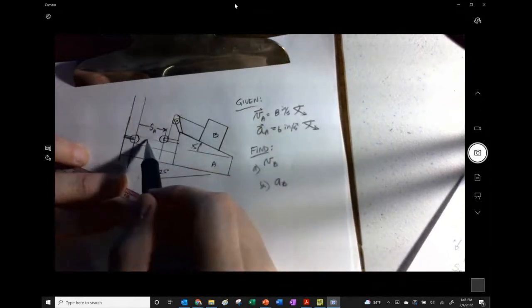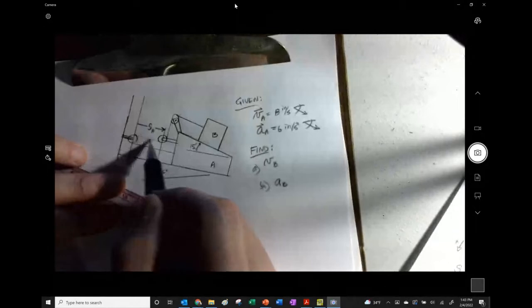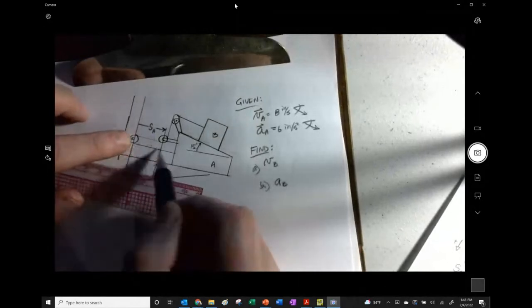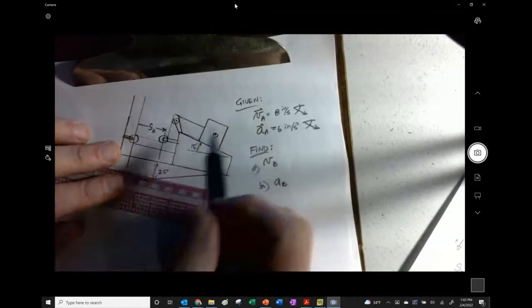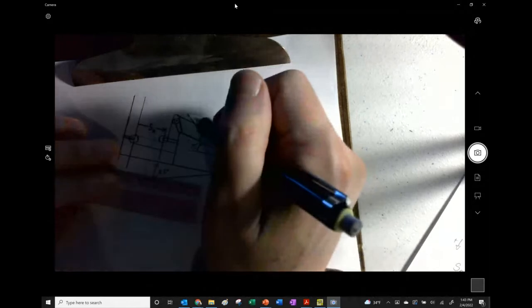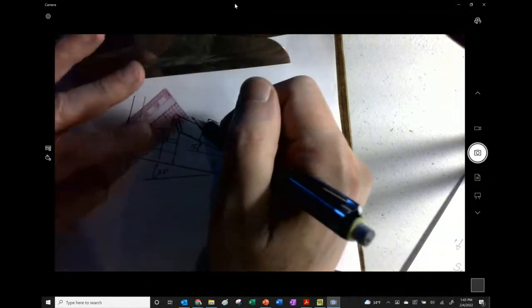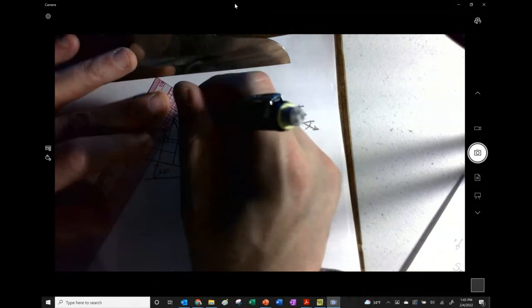I'm just looking at these cables. I'm going, well, I know that these lengths between here are the main things that are going to change, right? And we could also make a reference to